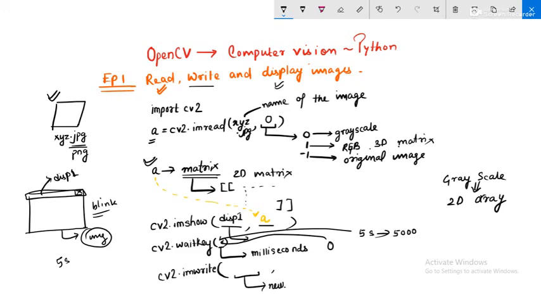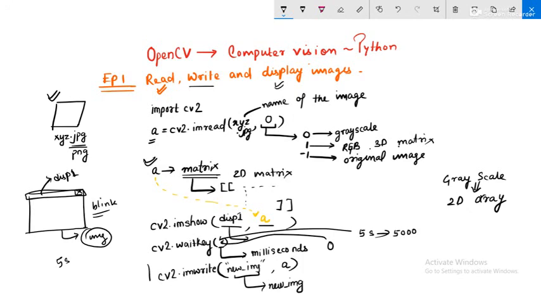For example, here I want to give newimg, and make sure this is a string. And here I need to pass the variable or the matrix that I need to store in the form of an image. I just want to store A, so I'll be passing A over here.